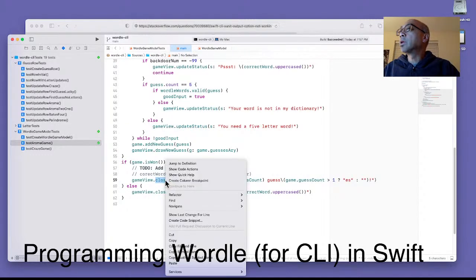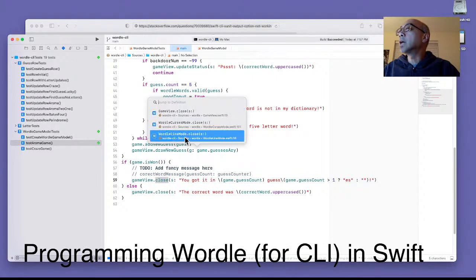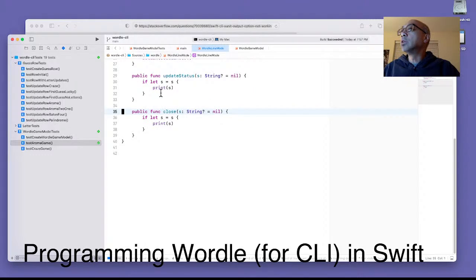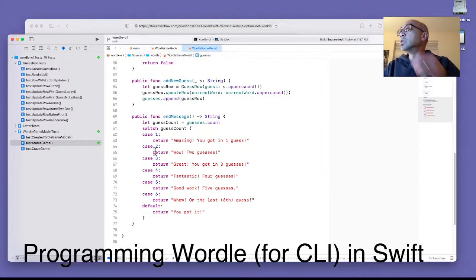But if I click on jump to definition and go to the line mode, you can see that you can print out the update status, and you can pass in a string, and it'll print it. But you notice it displays only one string, so to print the fancy message, which is this one, endMessage,